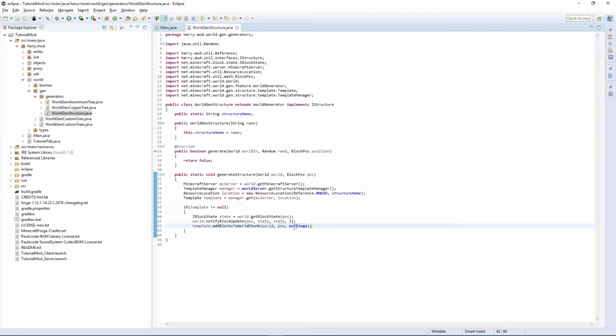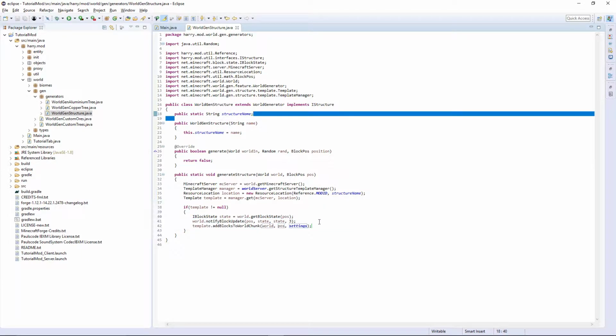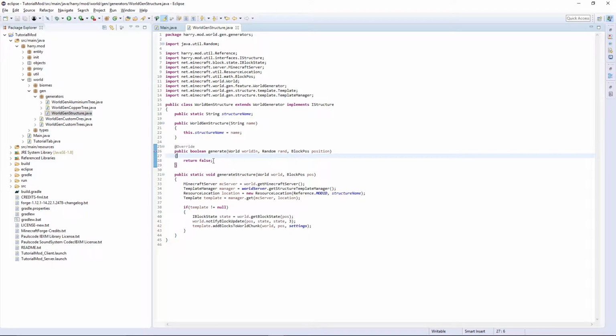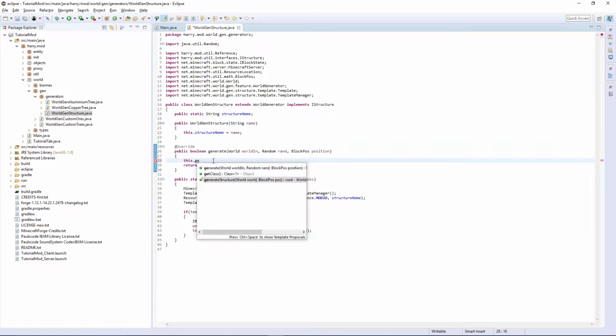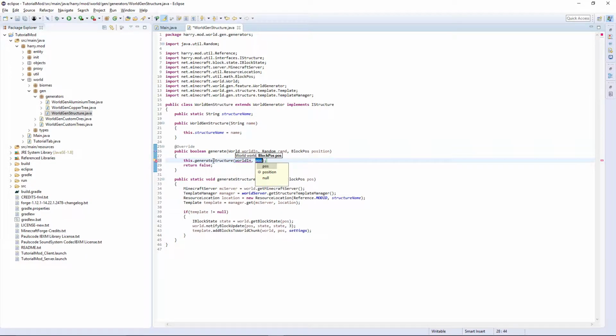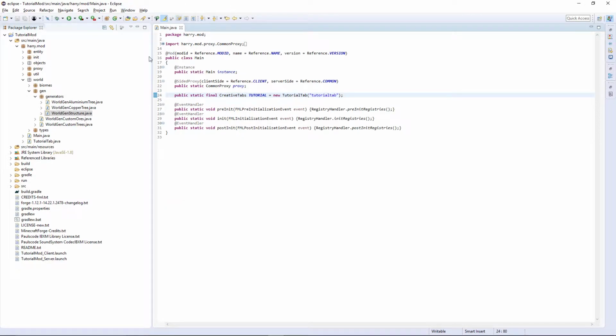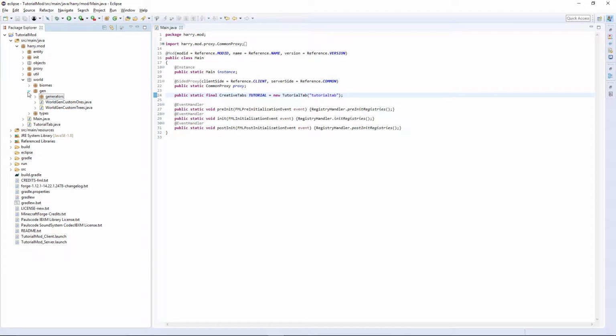This is the settings that we put inside of our I structure, and that's it. Then in the generate function, we just put this dot generate structure world in position and return true. We need this generate function, and this is what we call inside of our world generator. So now that's done. The structure is actually complete, but we need to go into gen, then create a new